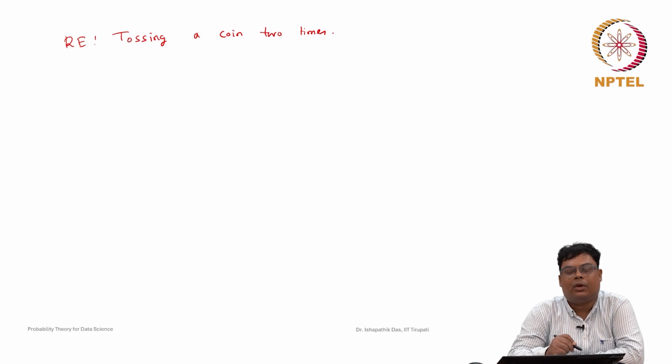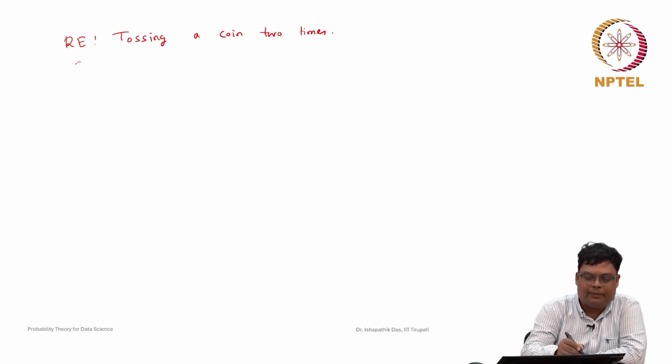So, tossing the same coin twice, and here we did not mention the probability of head of the coin. So, here we assume that the probability of head is nothing but half. So, basically we assume it is an unbiased coin, or we say a fair coin. Now, what will be the sample space? In this case, the sample space